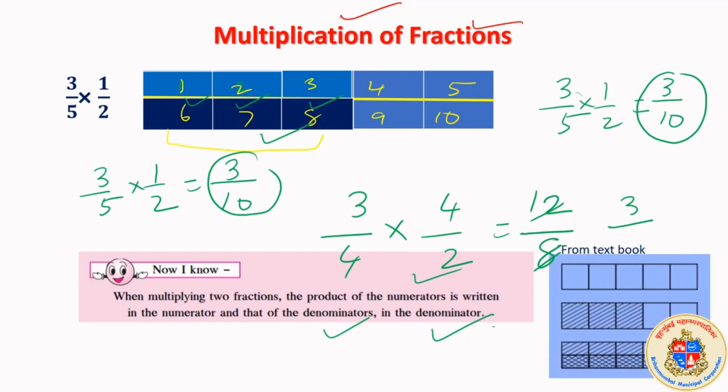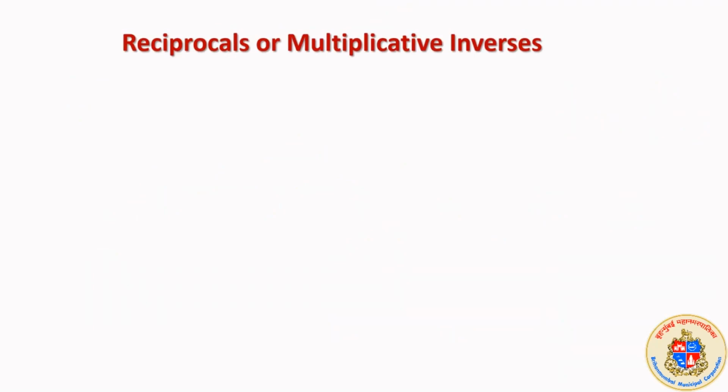This picture, I just want to show you, is from your textbook, where they have explained how it is. Look at it. It's very simple, as I explained to you. Here there are 5, this one, and marked 3 out of 5, and that is further divided into 2, and you got out of that 3 out of 5 into half, and halved it, and then we are getting this much. This much is special for us, and this is equal to 3 upon 10. You can look into the textbook, because that will help you to get the idea very clear.